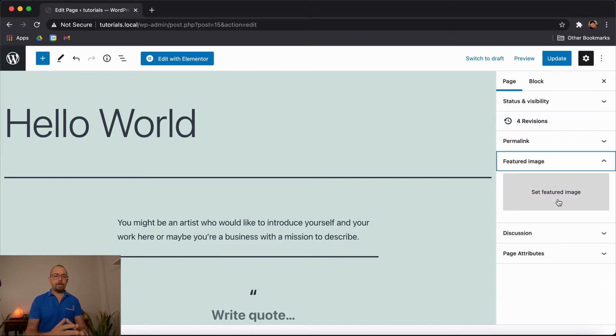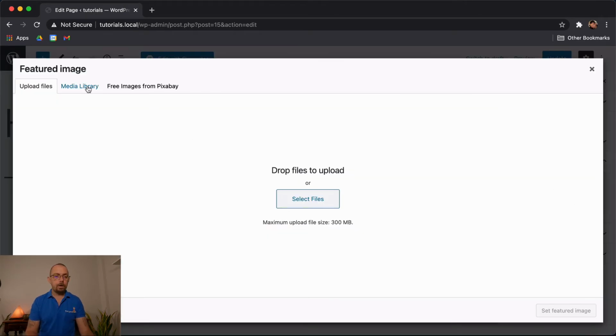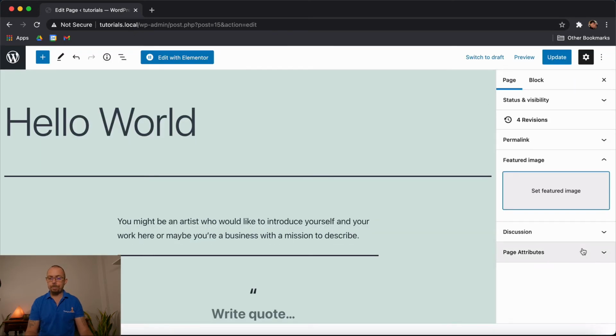Going to come to, again, you can add featured image. Featured images for this page, up to you. You can create it here just by clicking on it. You can upload files, grab it from your computer, things like that.